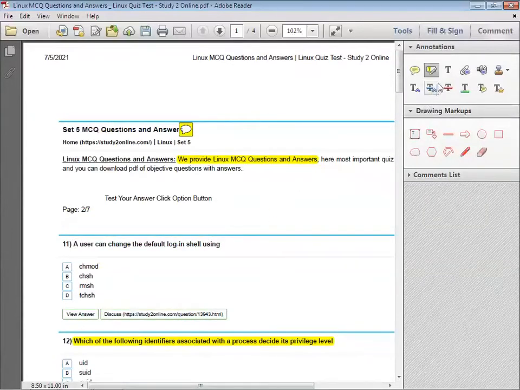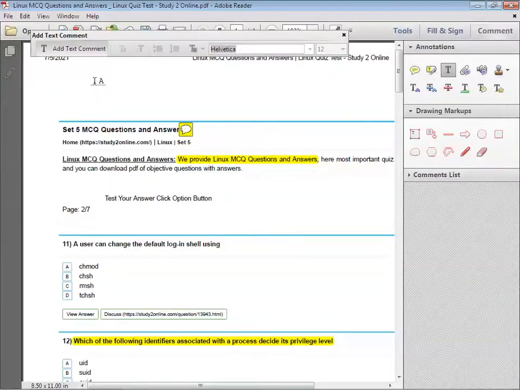Next one is the text, that is going to be additional text in the PDF file. Initially we select this text tool, and at the top we are going to add: this set of questions is for LOS only.